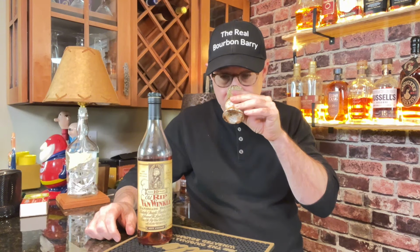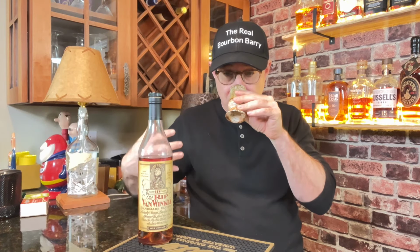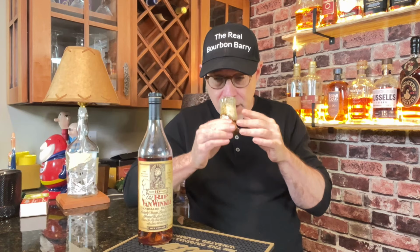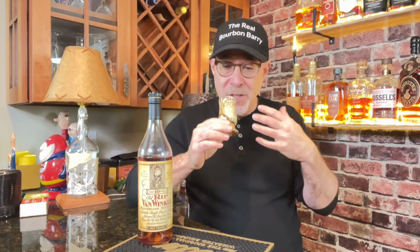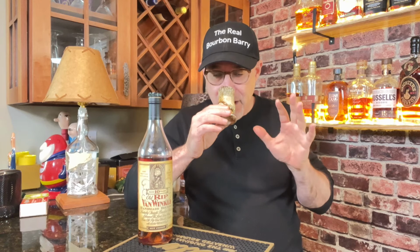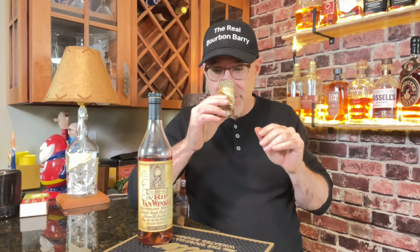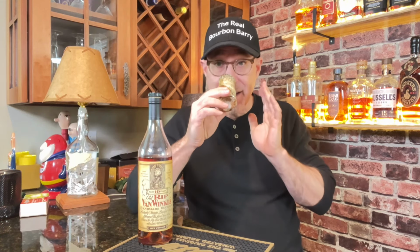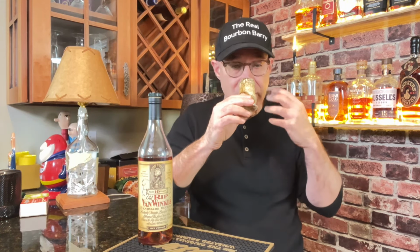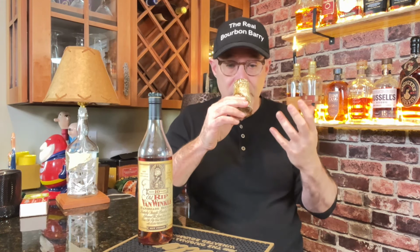So on the nose, it's got a beautiful aroma. I'm a big wheated bourbon fan anyway, but this one is very gentle. That's the best way I could describe this. There's some gentle oak. There's maybe some pecan, maybe like a maple kind of smell. Very sweet. You don't smell any ethanol. It's just this very gentle, pleasant kind of aroma. And on the palate,